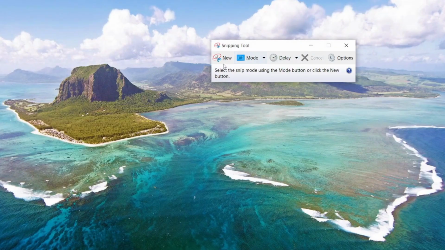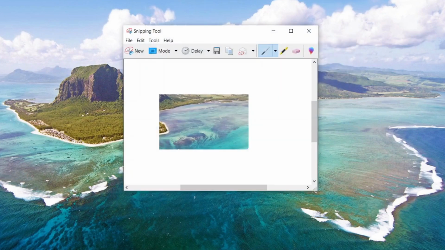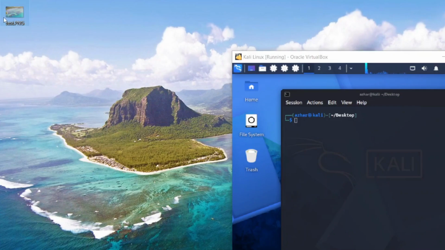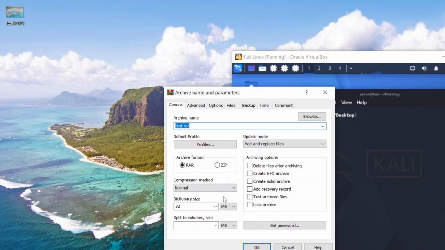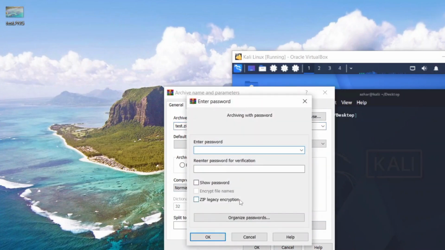I'll take a snipping tool, take a screenshot, and save it with Save As. Now let me right click and choose Add to archive. In archive I'm choosing zip. I'm setting a password. Let us put the password